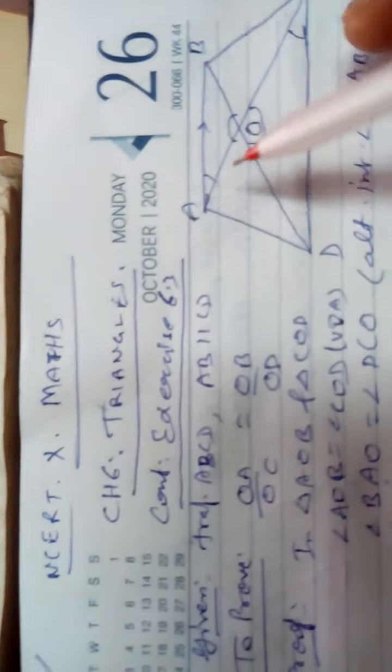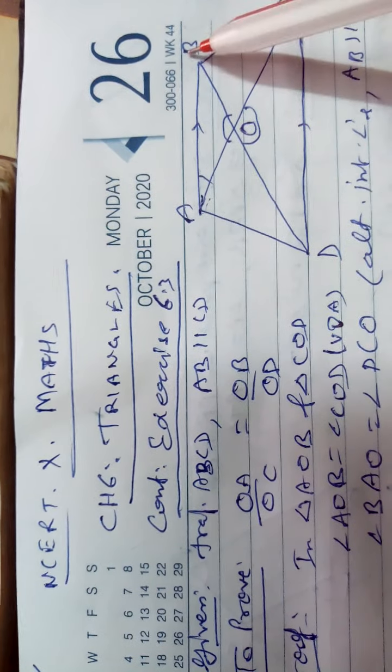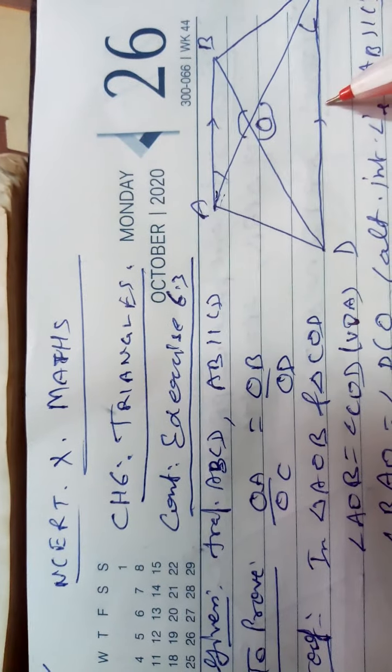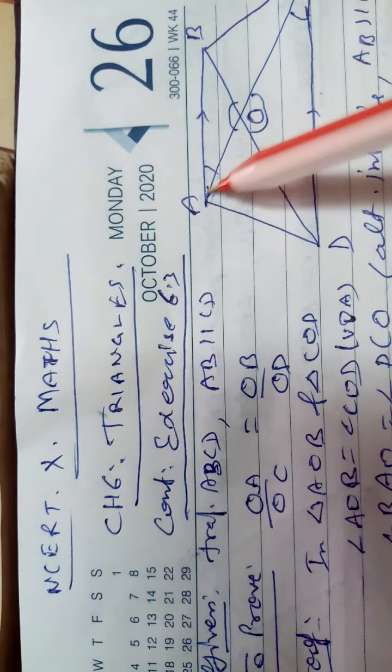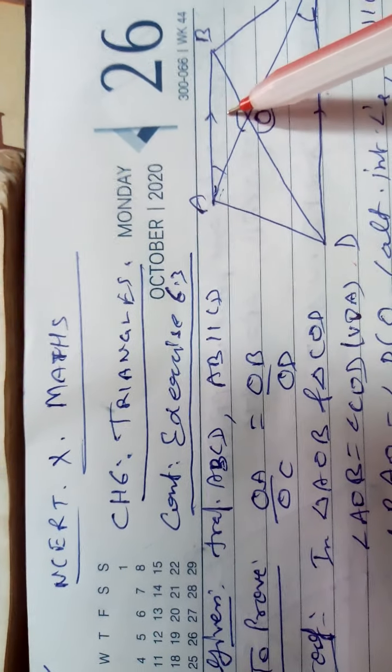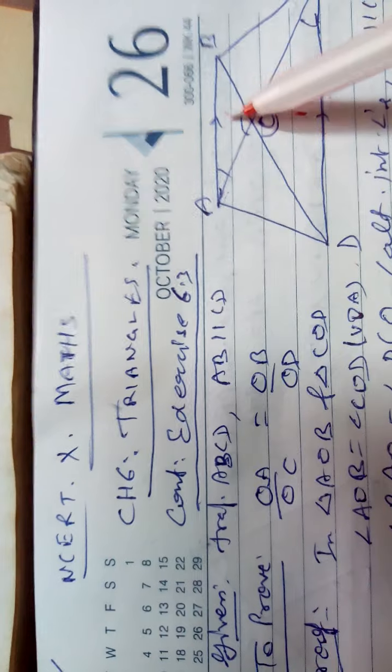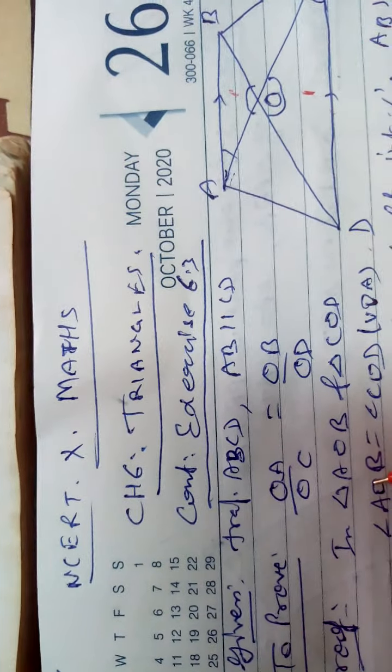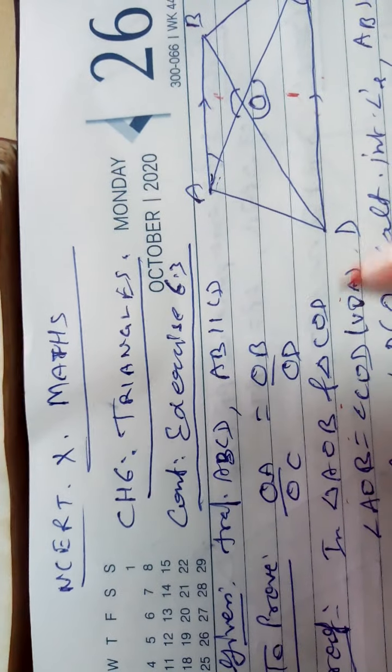It is a very simple theorem, figure ABCD. AB is parallel to CD. You want to prove OA upon OC, OB upon OD. So these two triangles you want to prove similar. Very easy, by similarity, no construction at all. In triangle AOB and triangle COD,